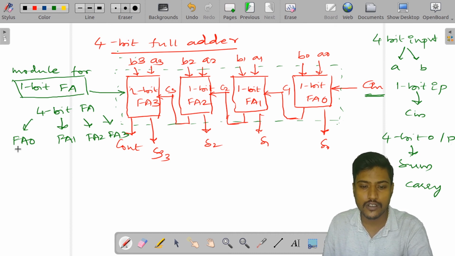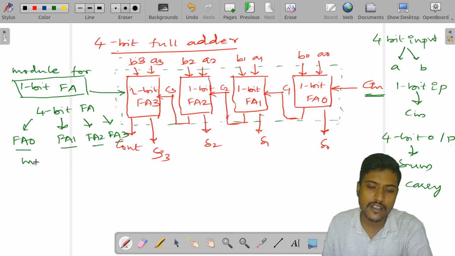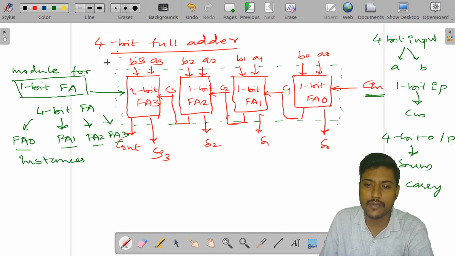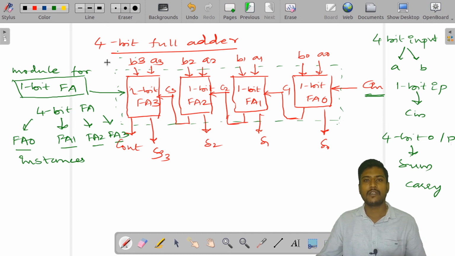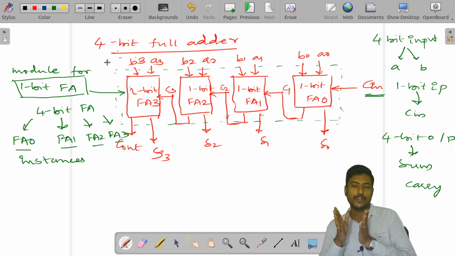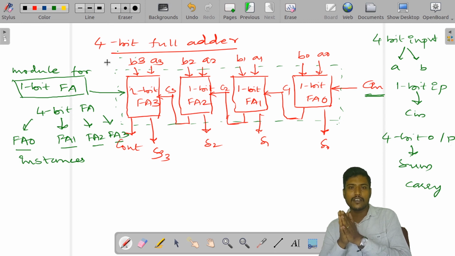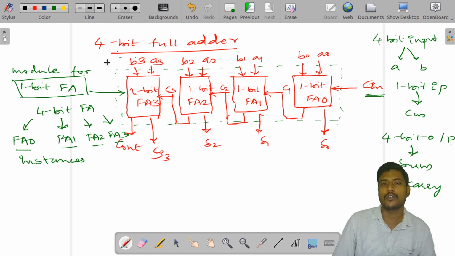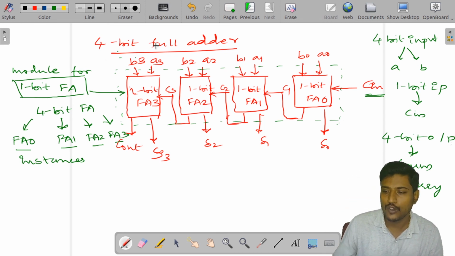So, what will FA0, FA1, FA2, FA3 become? These will become instances inside my 4-bit full adder. Whereas that full adder module is going to be a module, but if I take a copy of that, then it will become an instance for that particular module. I hope everybody has understood.